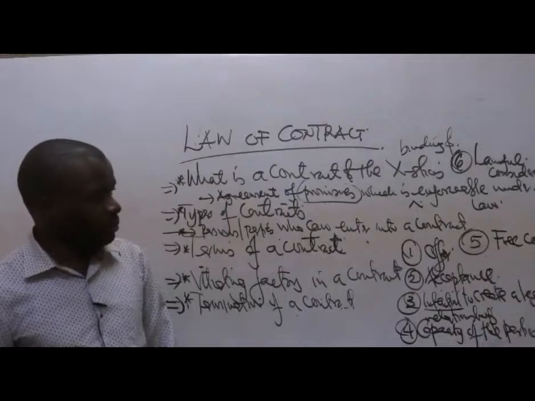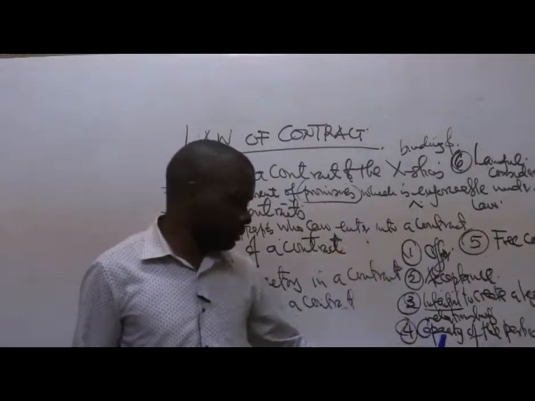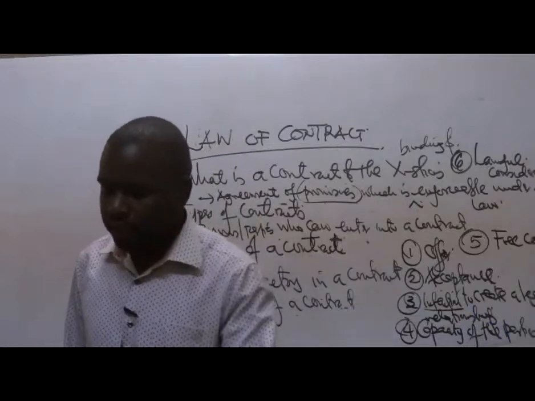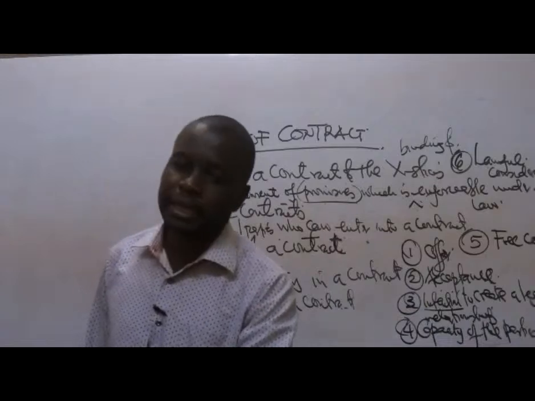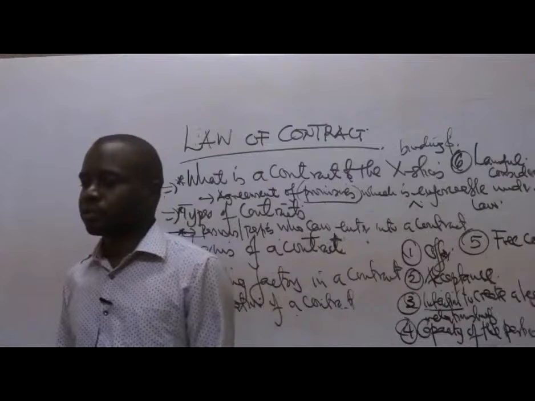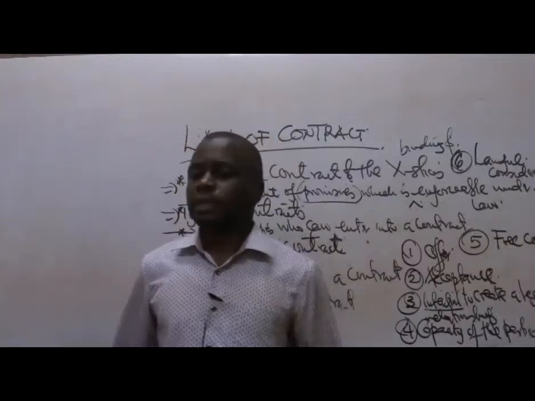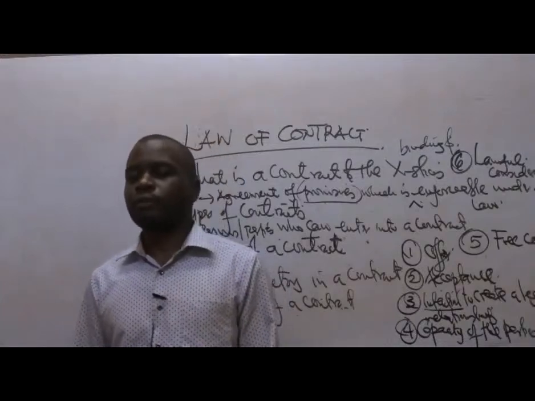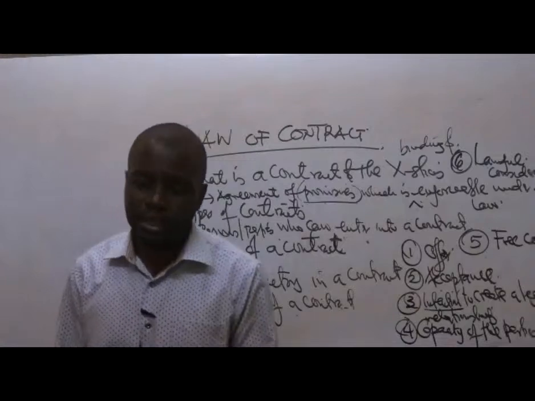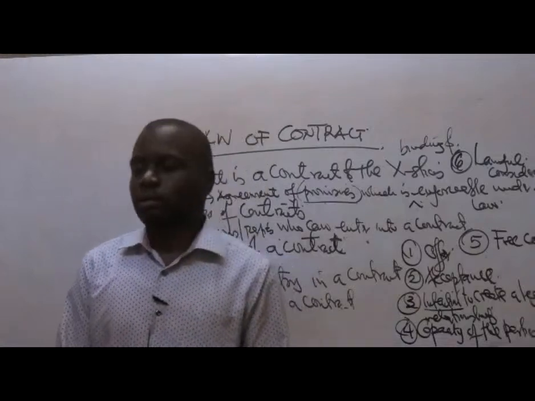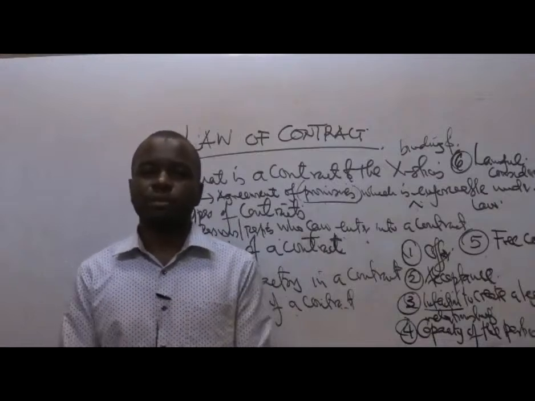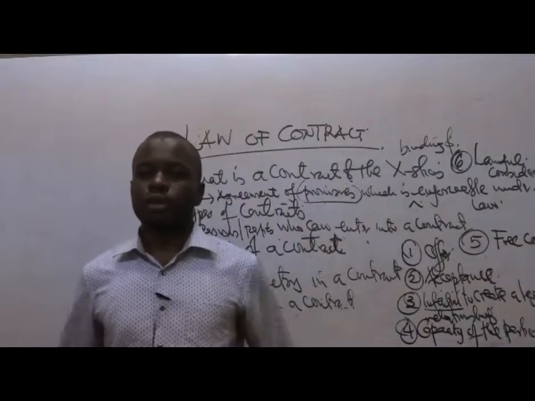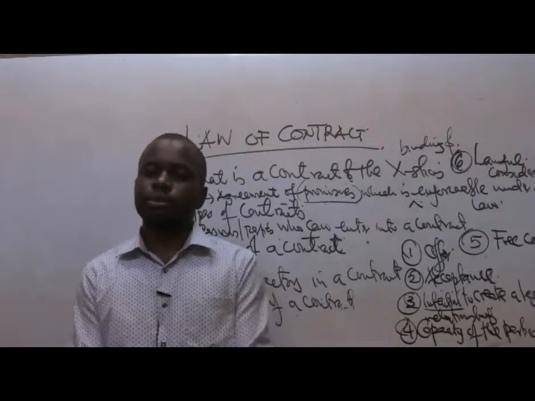Then we are talking about capacity, the capacity of the parties to be able to contract. You realize that under certain contracts, persons who have not attained the age of majority cannot enter into them. For example, contracts of employment. They'll ask, do you have your national ID? They want to identify whether you have attained the age of majority so that you can be employed. Most contracts require that, but we'll see later that under exceptional circumstances, a minor, a person who has not attained the age of 18 years, can enter into a contract.